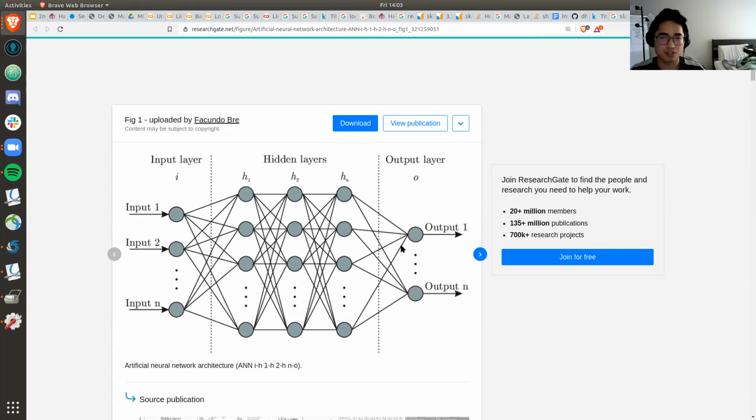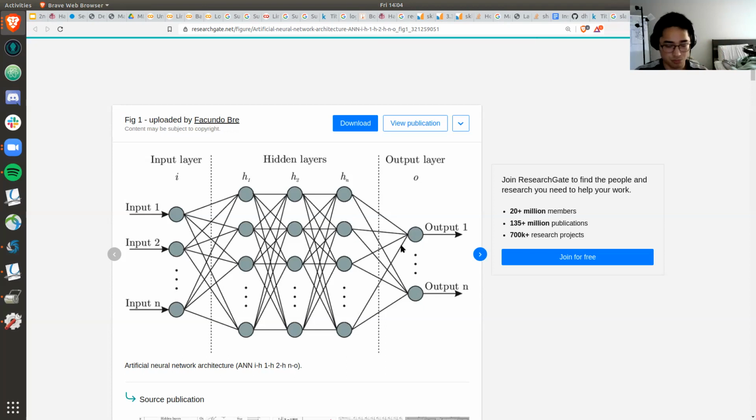Another example would be if you're trying to identify a specific number on the image. It's a classic example created by LeCun, a really popular researcher. He's a director of machine learning for Facebook now. But pretty much, if you want to identify if the image is a 0, 1, 2, 3, 4, 5, 6, 7, 8, or 9, you would do the same thing. You flatten your matrix and feed it through the hidden layers.